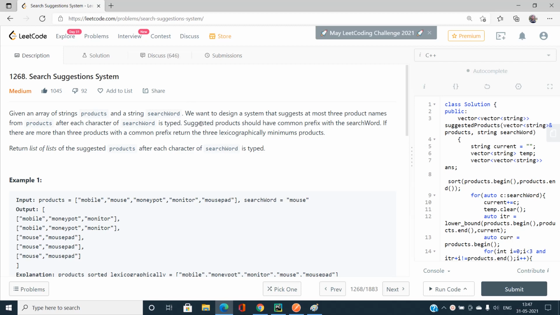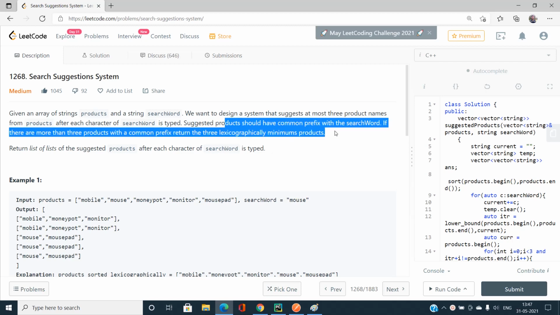Suggested products should have a common prefix with the search word. Let's say you have picked a prefix of length 2 from the search word. Let's say the search word is mouse, and you pick the prefix of length 2, that is mo. You have already typed two characters, and the string is now mo. Now, suggested products should have a common prefix with the search word.